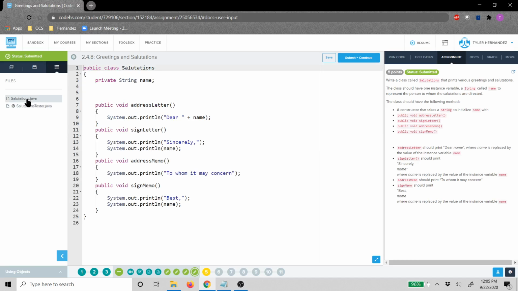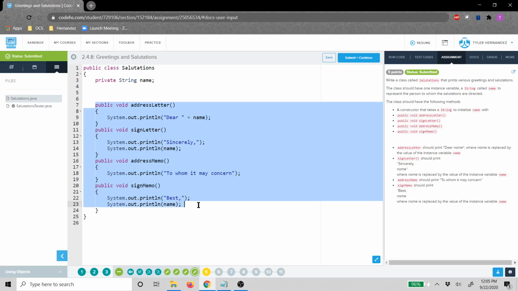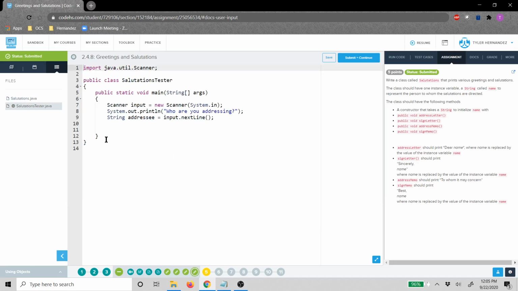So I have a class called salutations. If I make a salutations object, or if I make something of this class, then I can use these methods on that object. So in order to do that, we need to make an object. So I'm going to create an object here. The class is salutations, so we put the class first, so salutations, and then we'll